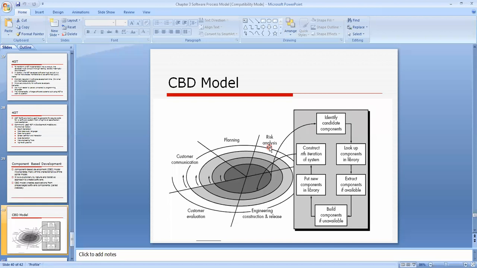Then there can be a release of the software. A release of the software means what? Version 1.0, version 2.0. That means it will be installed at the customer end. Once it is constructed and tested, lastly it will be deployed at the customer end. Once it is installed, there will be an evaluation of the software by the customer.